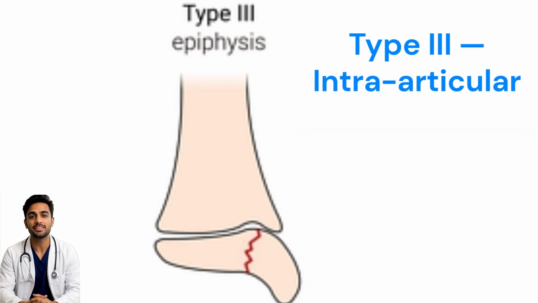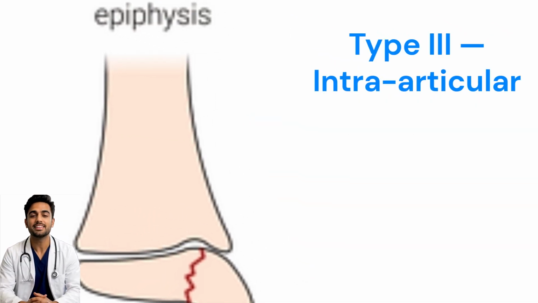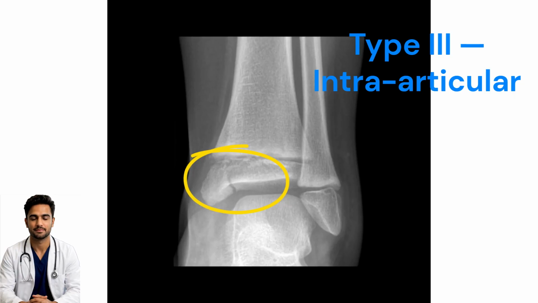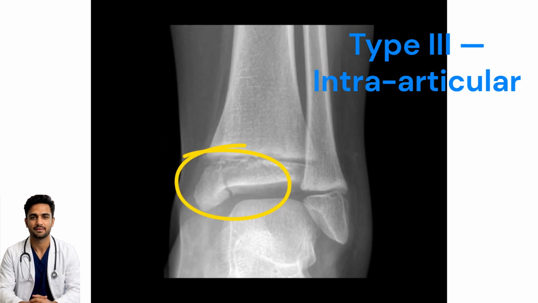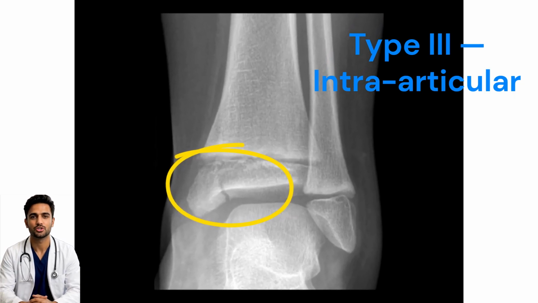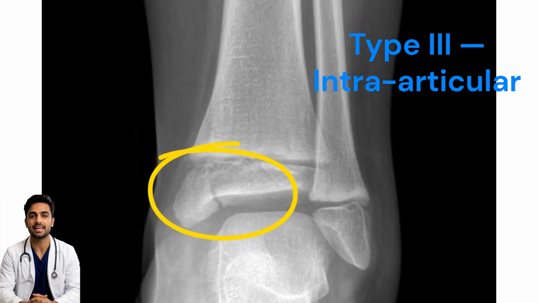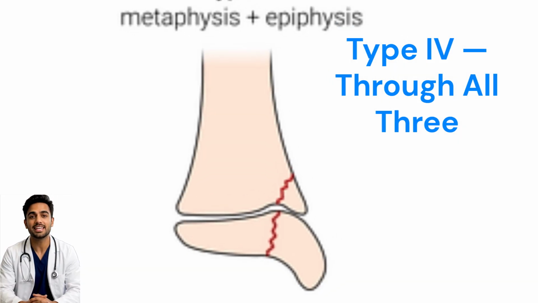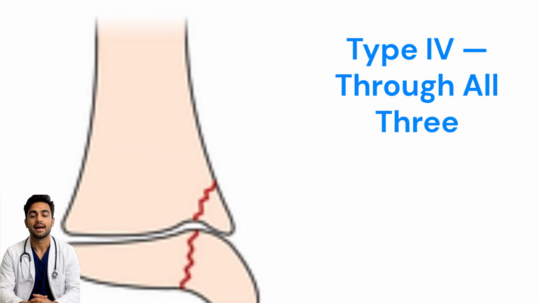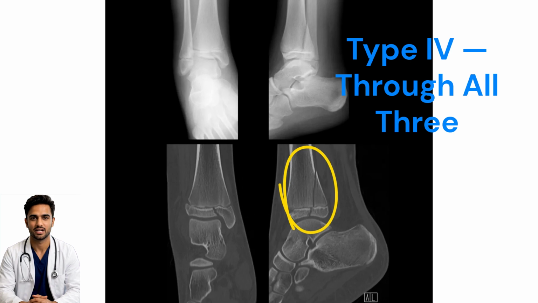Type 3 fractures pass through the physis and extend into the epiphysis, reaching the articular surface. Because these fractures involve the joint, accurate anatomical reduction is important to restore joint congruity and prevent future complications such as early degenerative changes. Type 4 fractures extend through the metaphysis, physis, and epiphysis, crossing the entire growth plate and